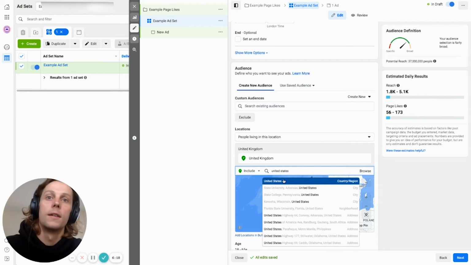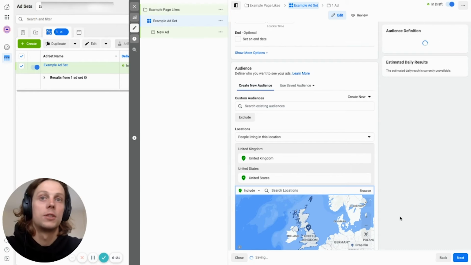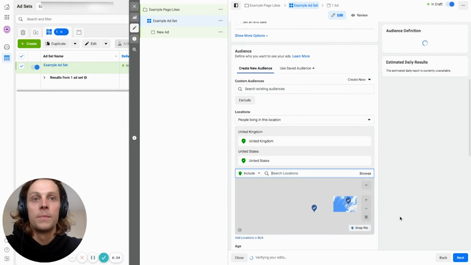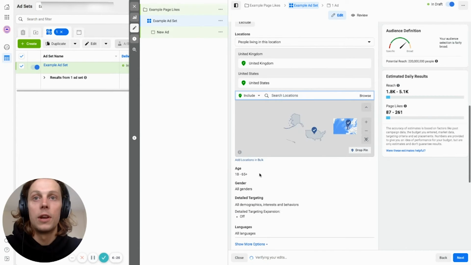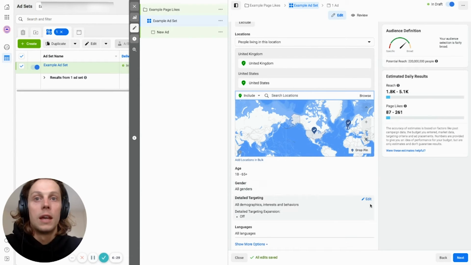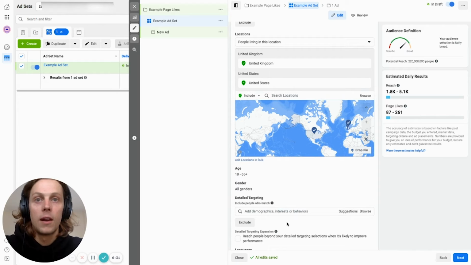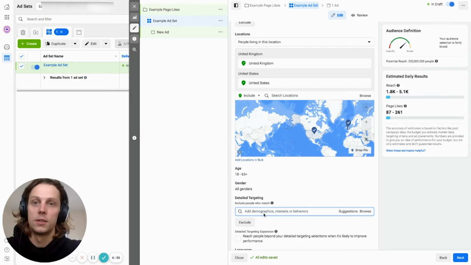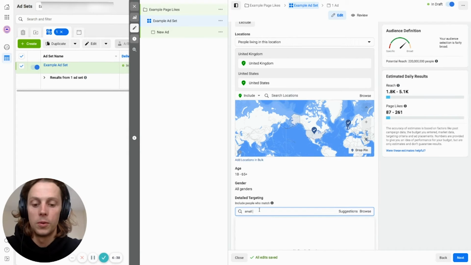And then, well, let's leave it as that for now. Let's just say I only care about the UK, US. Age range, I'm going to keep that nice and open. Gender, open. Detailed targeting. So in this case I'm a social media agency. I'm after people who run businesses. So let's just go for small business